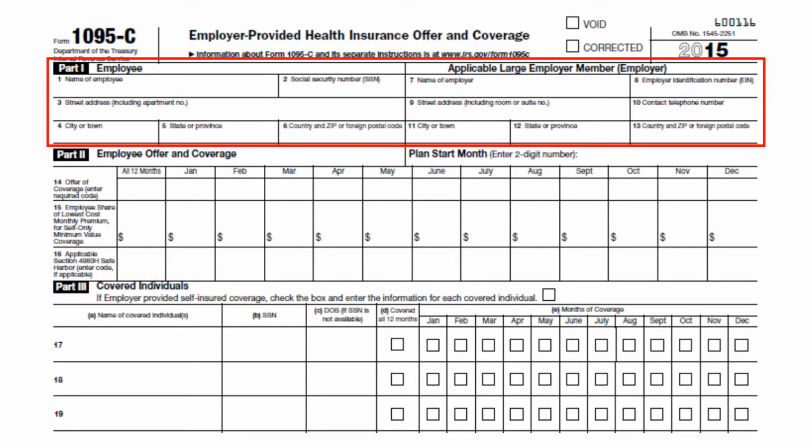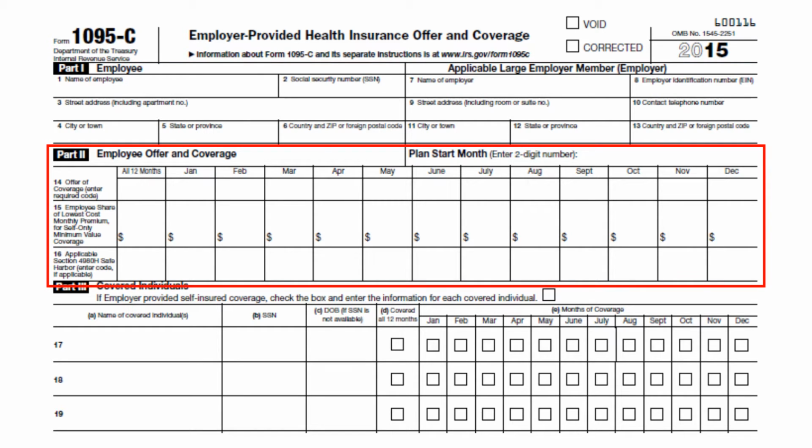Section 2 is really where the bulk of the reporting occurs, where some of the confusion lies, and where the details are really important. You'll be entering your plan start month on the top row. Then on row 14, you'll be entering a 1 series code that describes the offer of coverage that occurred, if one occurred. Row 15 will detail what the cost of that coverage was, and row 16 will apply